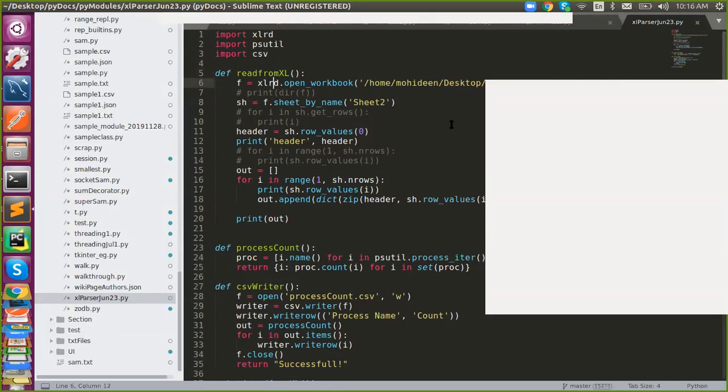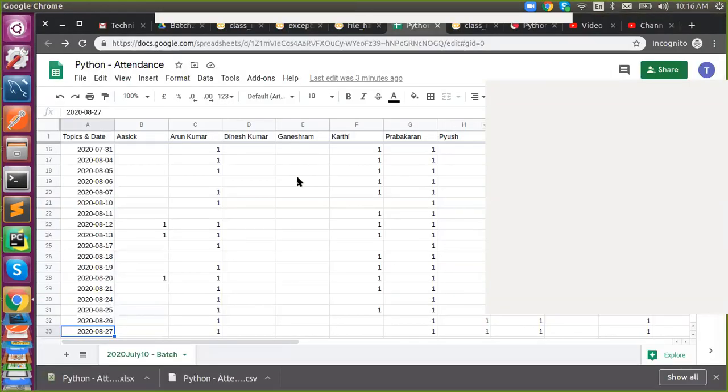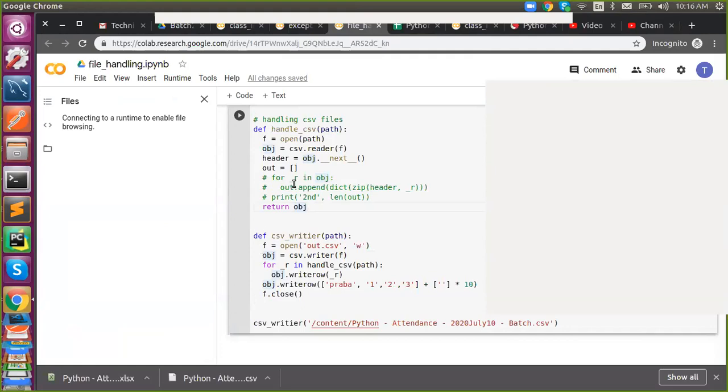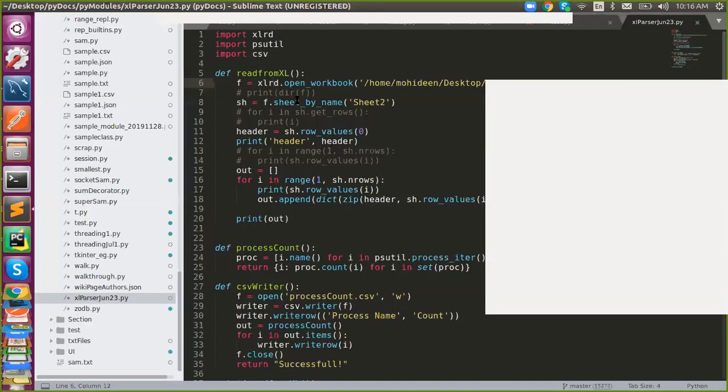And here the method is different from CSV. In CSV, what we have achieved is that you need to import and use the open method. We all know the open function to open a file. Even for a CSV, we need to use the open method to open the file, and then pass the file stream as an input to csv.reader. That's enough.